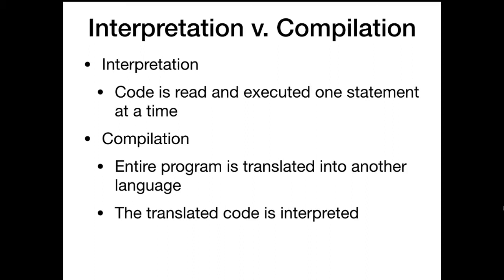Interpreted languages and interpreted code is where you run your code and you have an interpreter just going line by line through your program. It starts at the top of the program or the main method if that's how it's set up, and just runs each line of code one at a time without looking ahead to anything. Your code is being executed line by line.